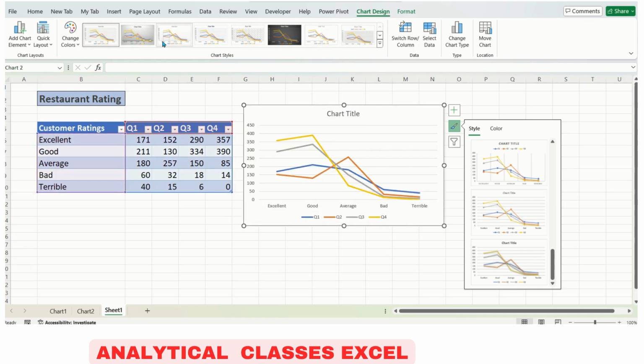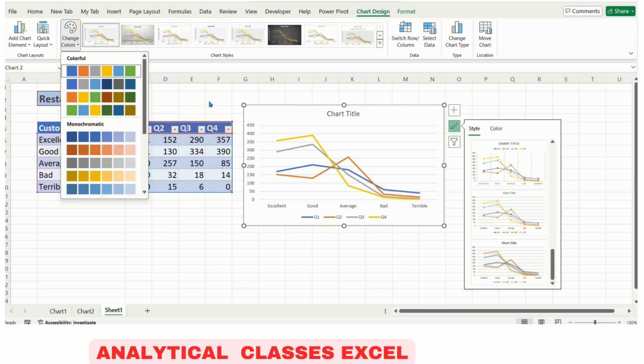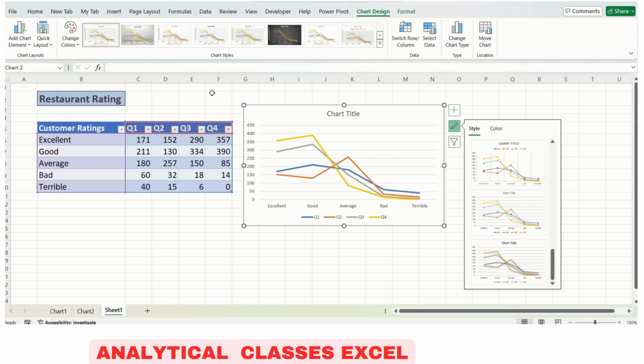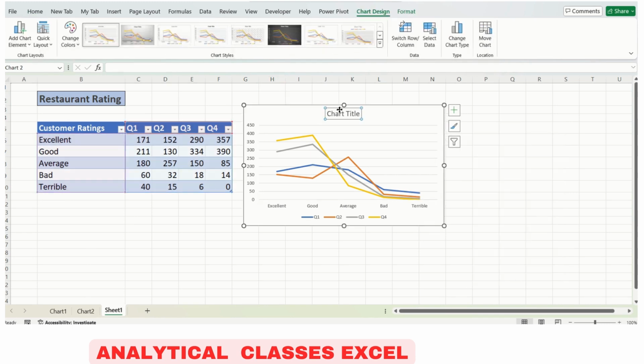Whenever you click on the chart, a tab called chart design will appear. From there you can change the style, you can change the colors, you can just experiment with all the possibilities of a good chart.